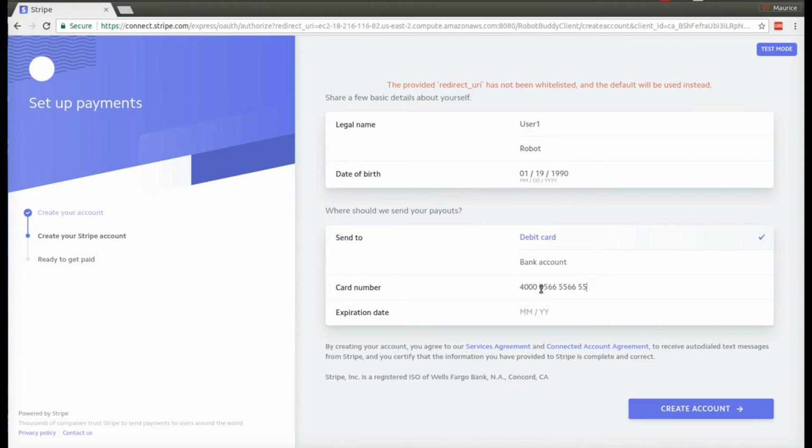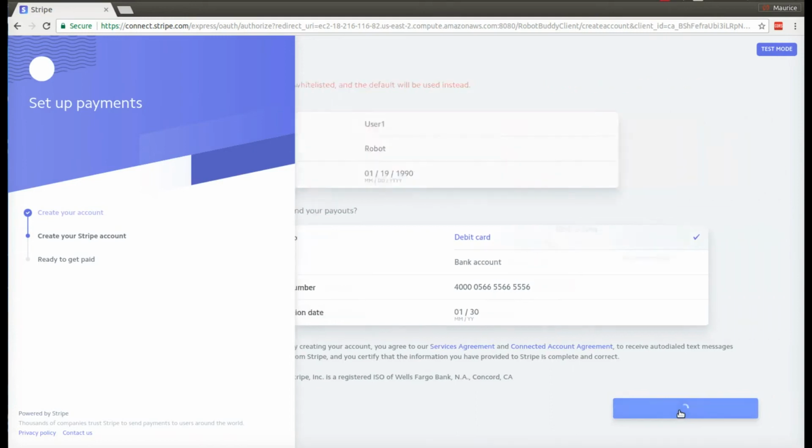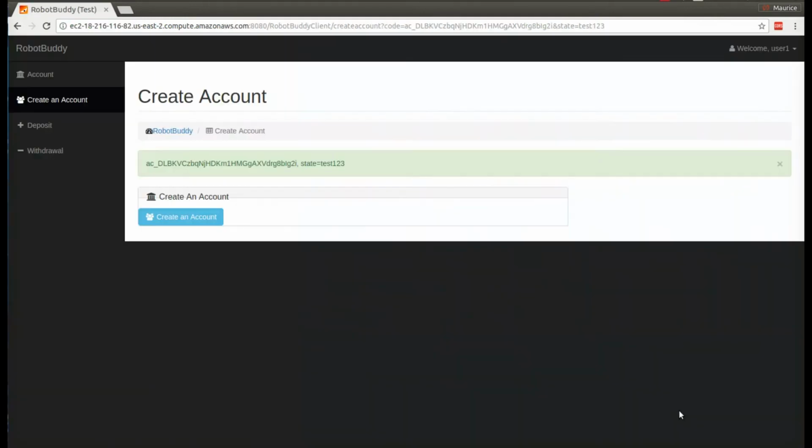We'll put in a card number. Now this is a test card number. It's not a real number, but it's a number that is recognized by the Stripe service as a test number. So I can use this number to test using a credit card without using a real one. Once we create that payment account, it brings us back to the create account page,